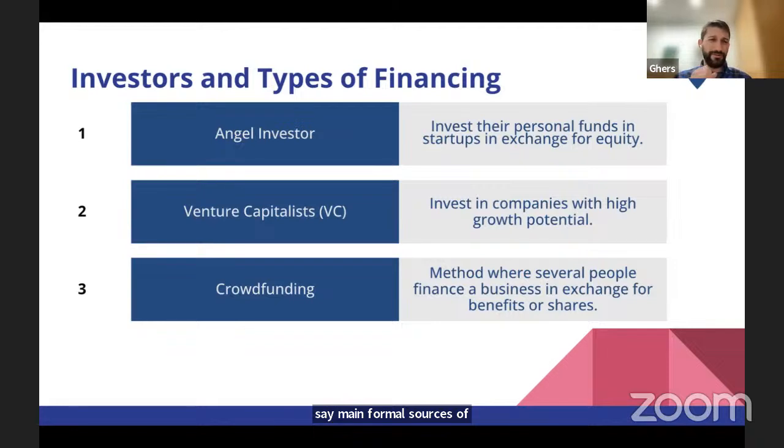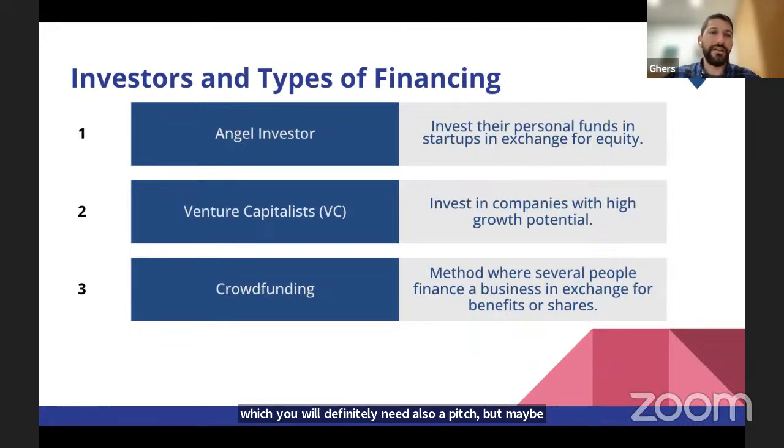I'm talking about formal because we didn't include here the triple F, right? The friends, family and fools, but these are by far the most common sources of financing for startups. But besides those, in which you will definitely need also a pitch, but maybe a less formal one,